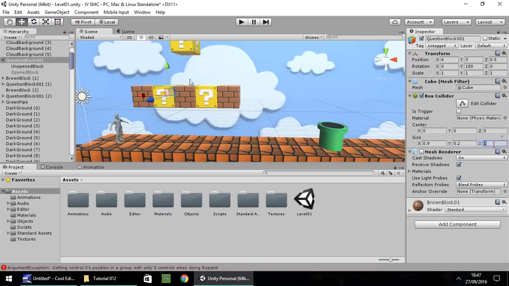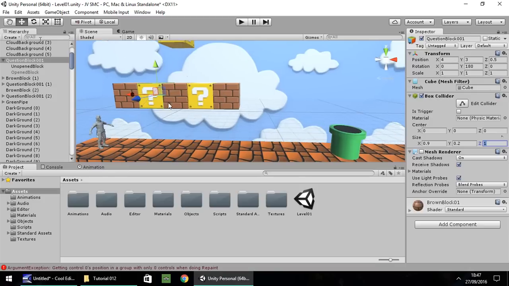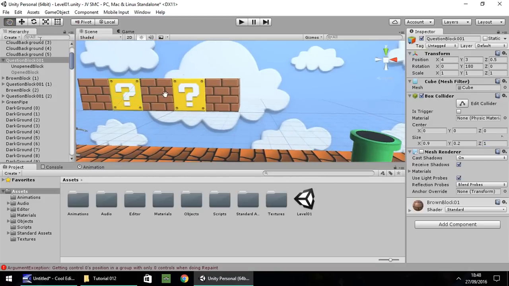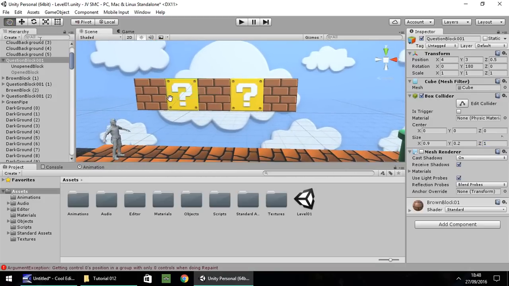And in fact, no, we'll leave the Z as 1. And we also need to change the center of it, because if you look closely, you can see that the collider for this object is now a thin box just in between.